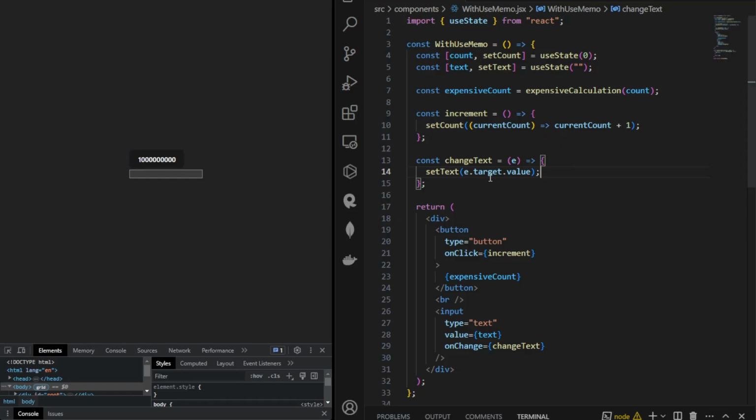Anyway, we just have a simple component wherein we have a button that displays its current count, well, expensive count right here. And this expensive count comes from the function called expensive calculation and takes in the parameter which is called count, and this count is our state which keeps track of our counter, wherein we will increment it by 1 every time we click the button. And then an input, which pretty much takes the value equal to the current state of the text, and an on change wherein we just set the state of the text equal to the value of the input